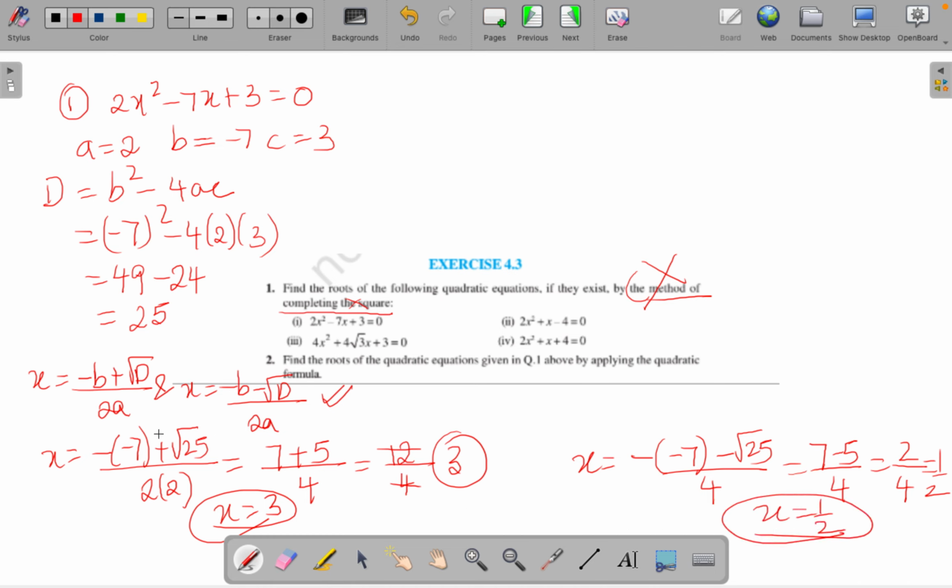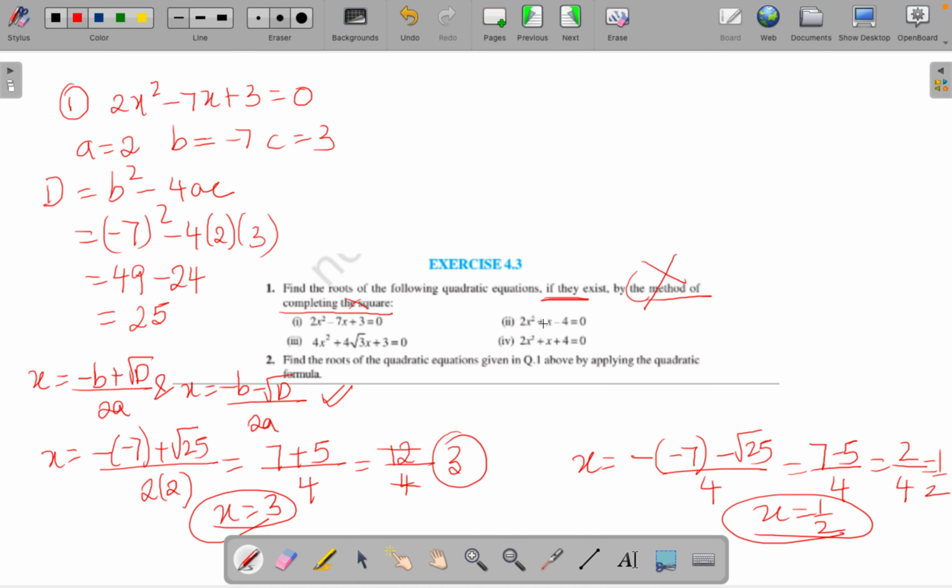This is how we solve it using the quadratic formula method or the discriminant method. Now children, I told you it might be possible that D can come out to be negative also. So in case D is negative, we will say that the root does not exist, because we can only